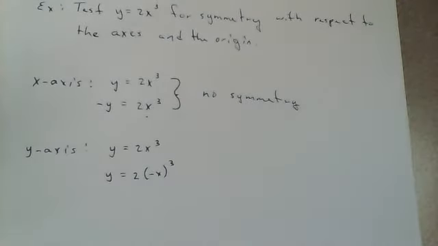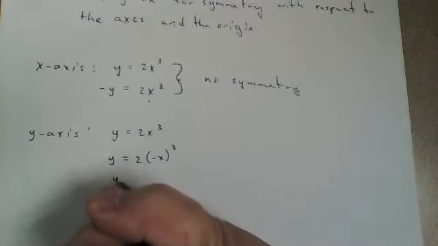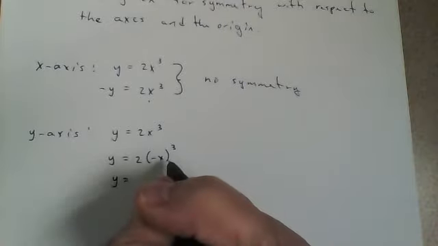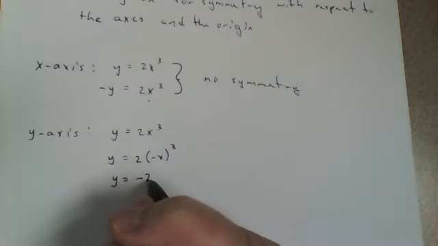Notice that I put that negative x in parentheses because I want to know that that negative is being cubed as well. And when you think about this, this is going to give me y equals negative x times negative x is positive x squared times another negative x, right? Because we're cubing it, would give us negative. So we're going to get negative 2x